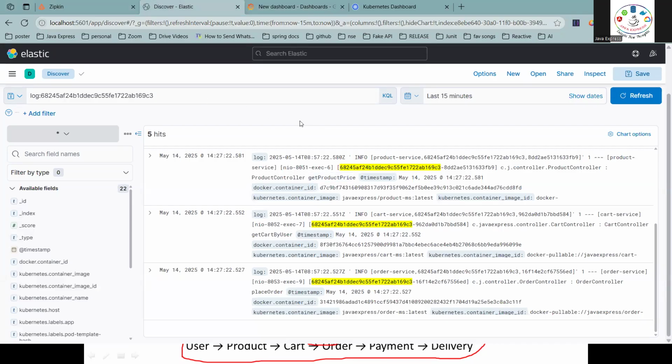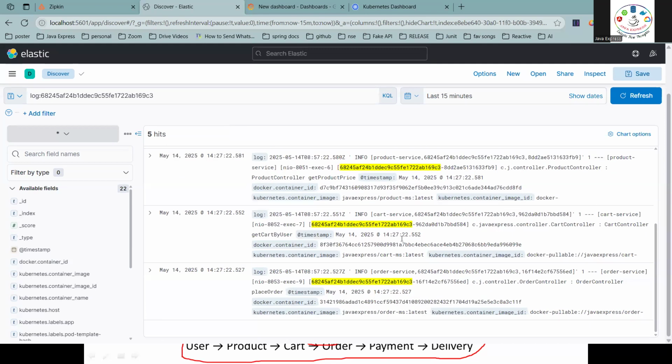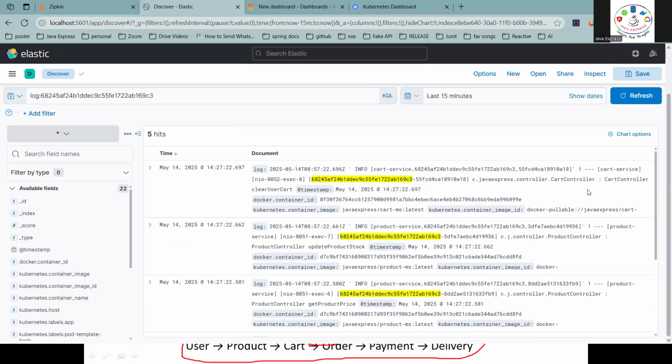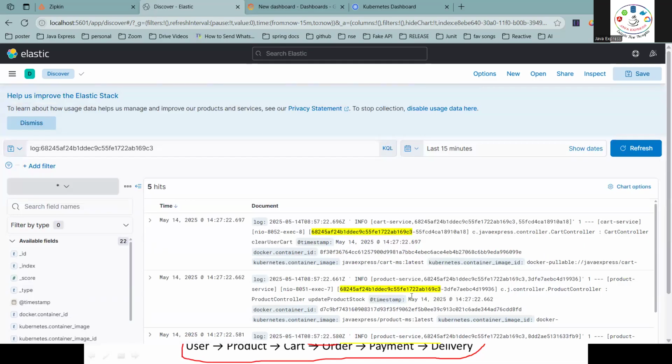By using trace ID and span ID, I am able to search when I want to make an order. When you want to make an order, it depends on the product microservice, cart microservice, and user microservice for validation of your product ID. This is where you can see the centralized logging as well. See, cart controller and product controller, and here get product price, and here we can see